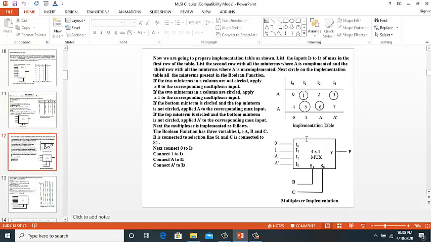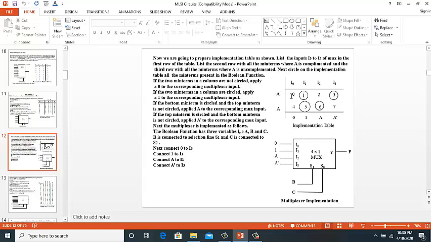So we circle 1, 3, 5 and 6 and leave the rest of the minterms as they are. Once the implementation table is filled up the way I mentioned, then we have to study each column, and in the fourth row we write the result, that is input I0 will have the value 0.